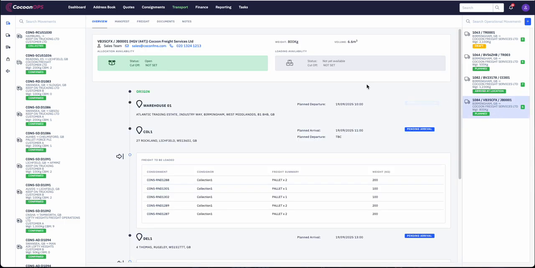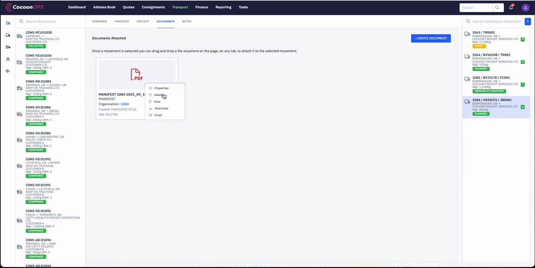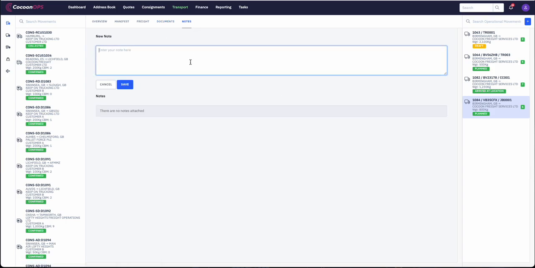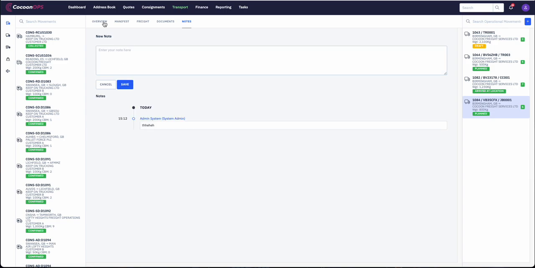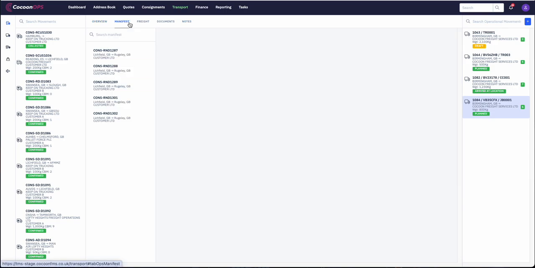If I go back to the transport op here, so this is it here, documents there, we can view it, we can then email that off, download it, etc. We can put some notes against the vehicle. And then from that, if we went to one of these shipments, if we went to 1287, for example,